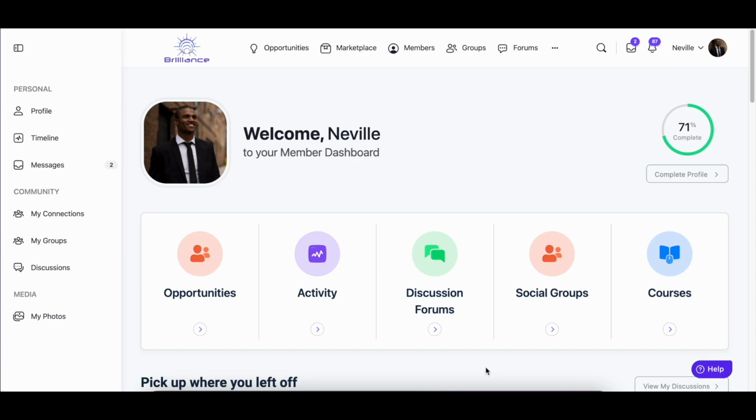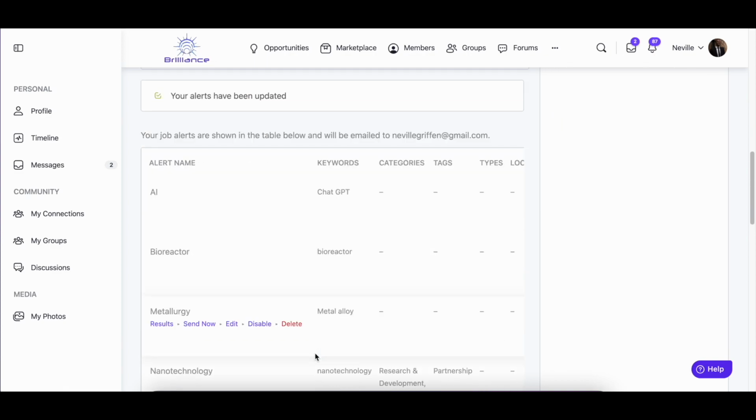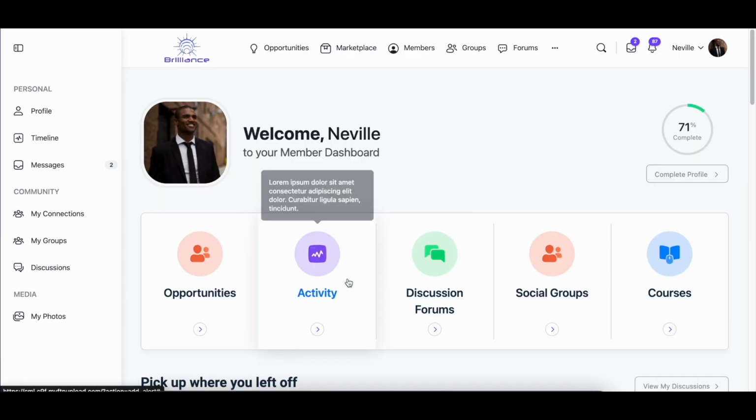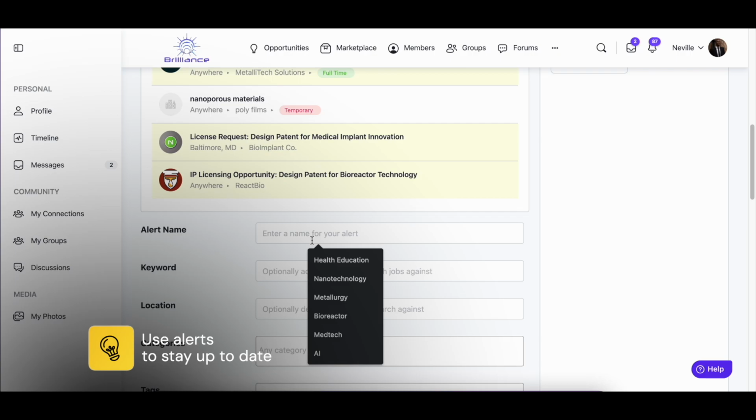Setting an alert. Sometimes you will need to be informed of opportunities when you are away from the platform. To ensure that you don't miss a critical update or a hot opportunity that may be in high demand, you can set alerts. When you set an alert, you will receive an email when an opportunity arises that meets your